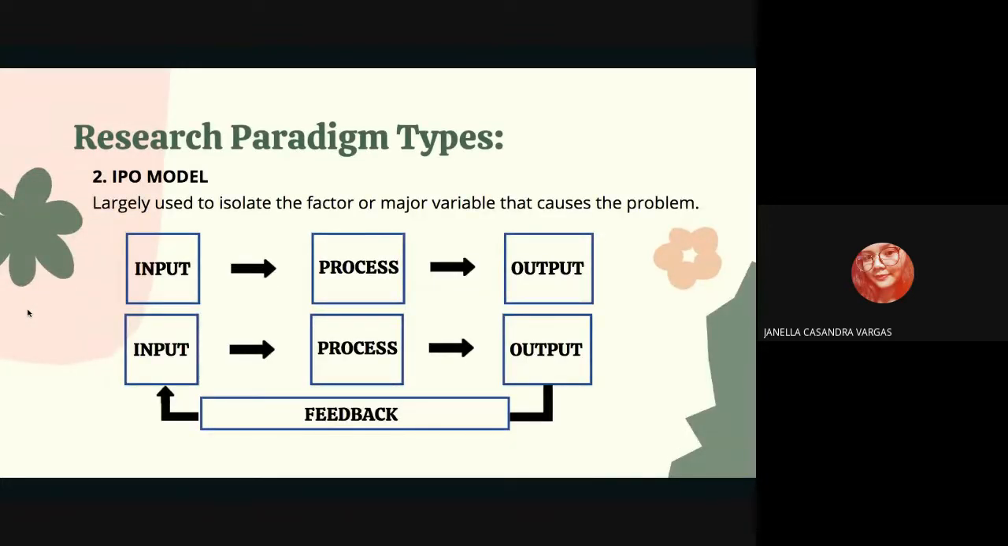second type is the IPO model or the input process output model. This one is largely used to isolate the factor or major variable that causes the problem or the phenomenon under investigation. On the first box, input your variables. Then on the second box, indicate or mention there what will be the process. And the last box is the possible output after it was processed. You can also include a feedback. Next